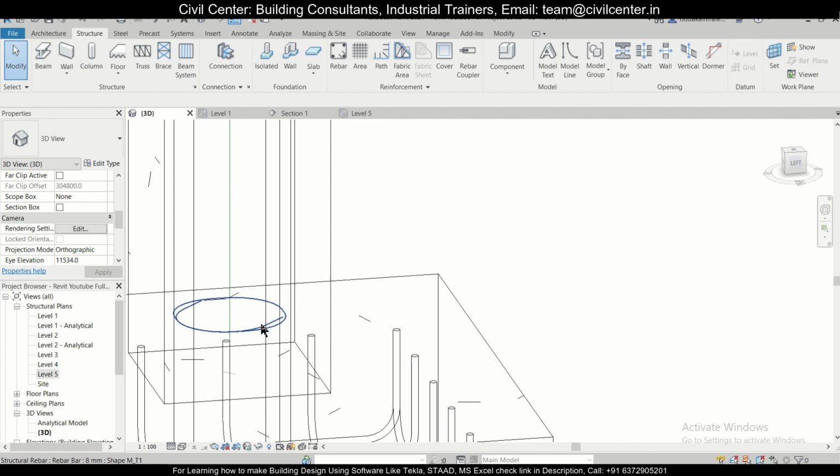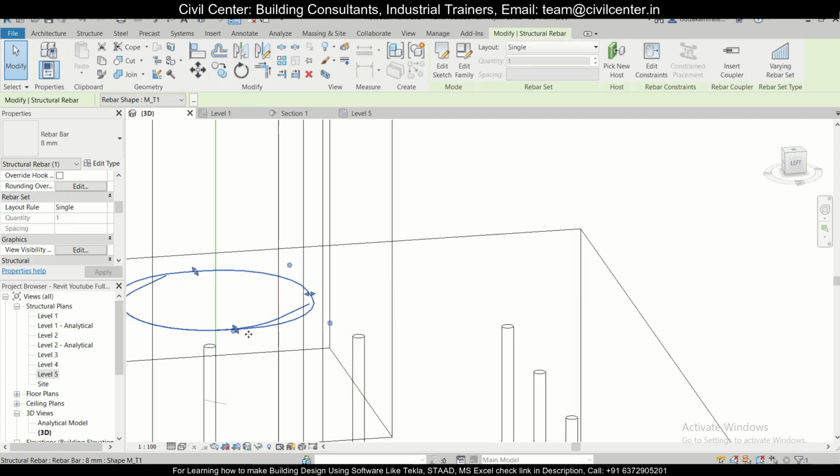As you can see here, the circular rebars have been placed, so you can just change the property of this particular portion.